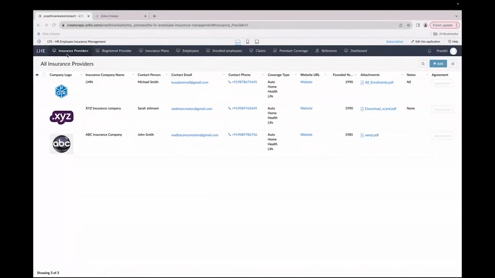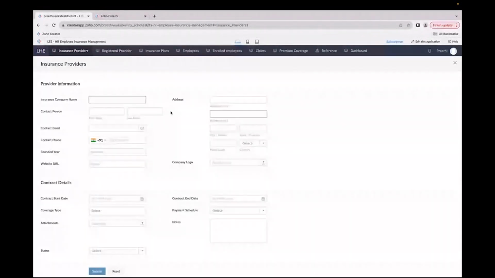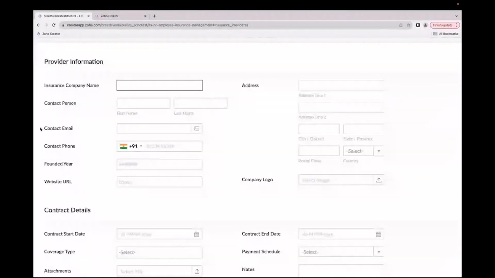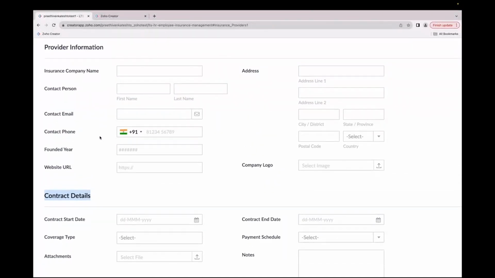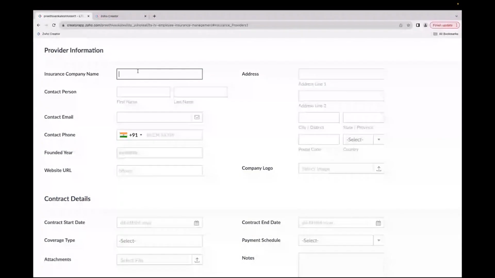So when I talk about insurance provider information, the HR will be collecting all the provider information and adding it to the form, which contains the basic information, their contract details, that is how many months and years they are signing a contract with them. Those details will be got from the insurance provider in general. Let me try to enroll an insurance provider